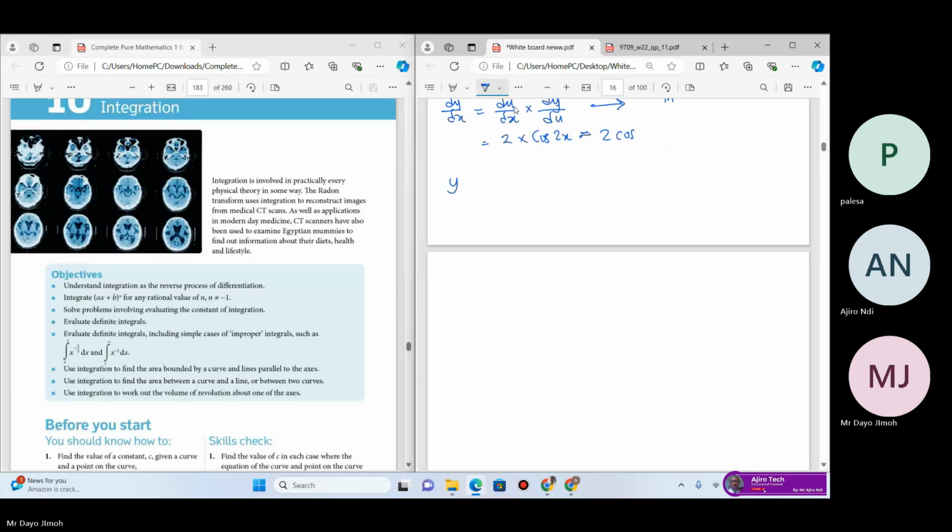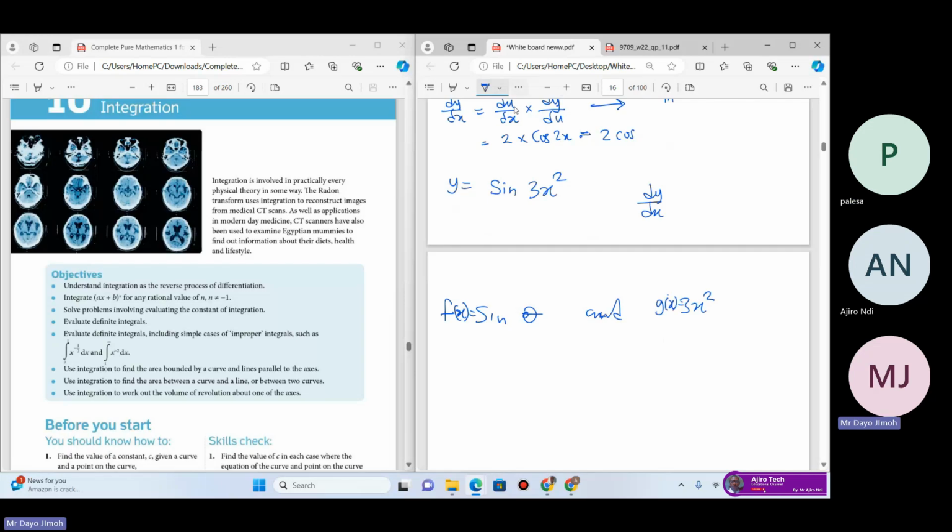Now, y equal to sine of 3x squared. Now, don't forget that dy/dx is going to involve the chain rule, because the first function is sine of an angle, sine theta, and then we have 3x squared. So if this first one is f of x, and this one is g of x,